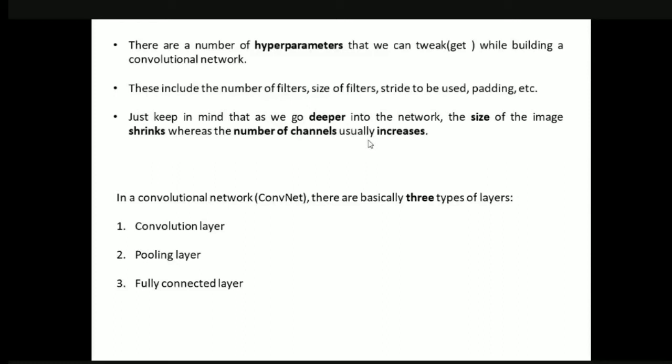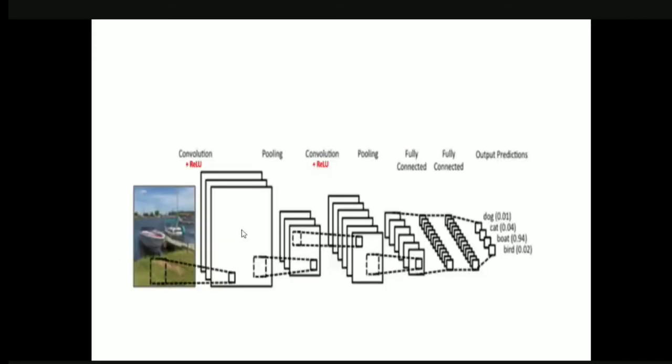Okay, so basically there are three types of layers in a convolutional neural network. The first one is the convolution layer, the second one is the pooling layer, and the third one is the fully connected layer. So till now we have discussed the convolution layer. Next we are remaining with the pooling layer and fully connected layer. Okay, so let us now see the diagram here. If you see here, the same diagram, convolution plus ReLU, and what is the next operation we have here? Can anyone say what the next operation is?